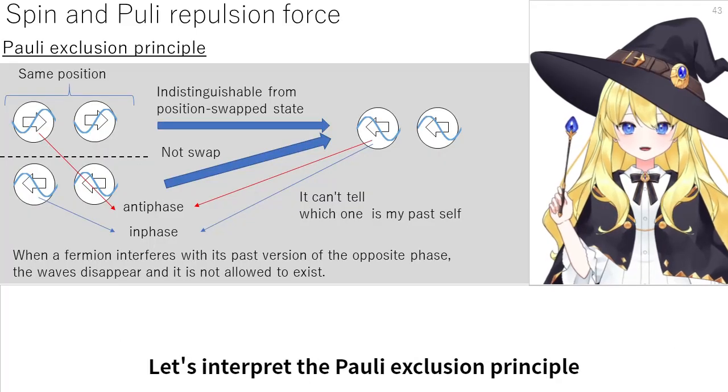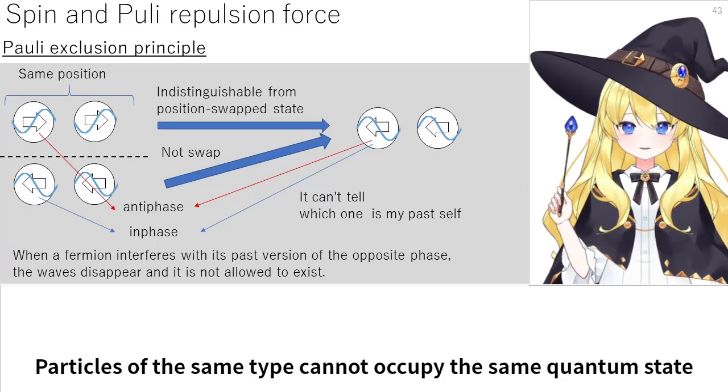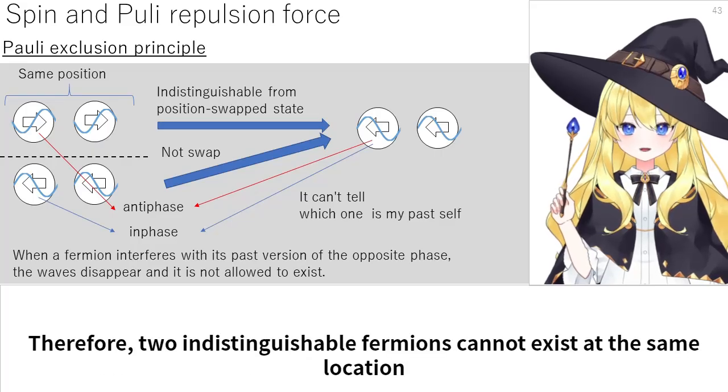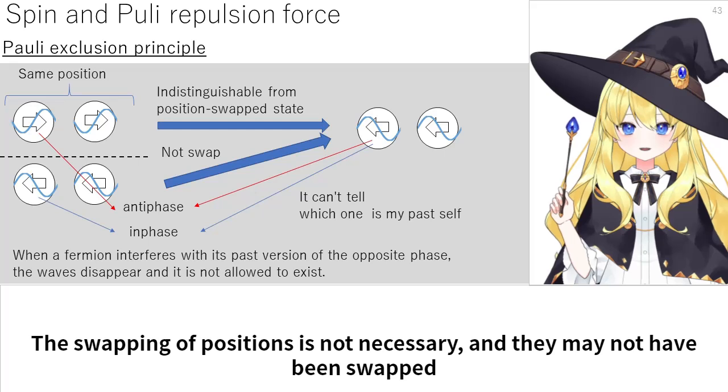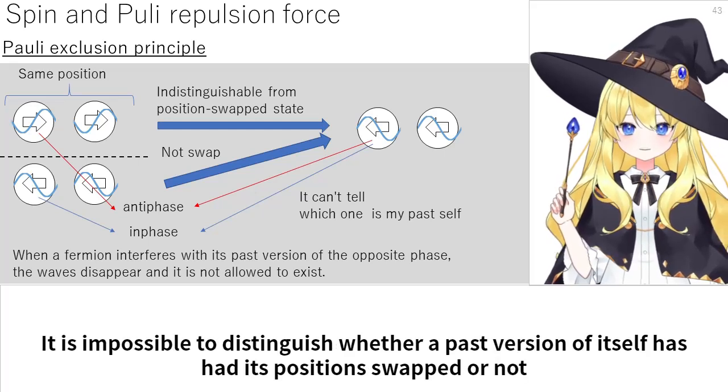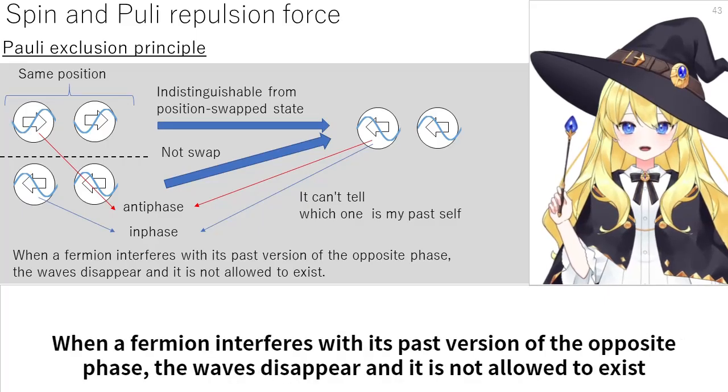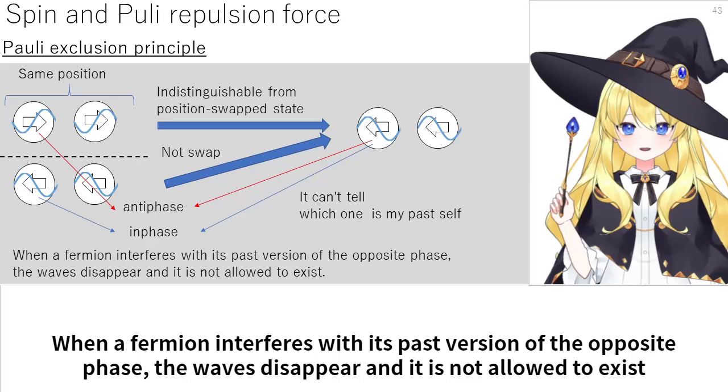Let's interpret the Pauli exclusion principle. Particles of the same type cannot occupy the same quantum state. Therefore, two indistinguishable fermions cannot exist at the same location. Existing at the same location is indistinguishable from their positions being swapped. The swapping of positions is not necessary, and they may not have been swapped. It is impossible to distinguish whether a past version of itself has had its positions swapped or not. When a fermion interferes with its past version of the opposite phase, the waves disappear and it is not allowed